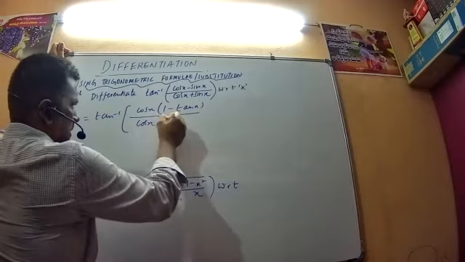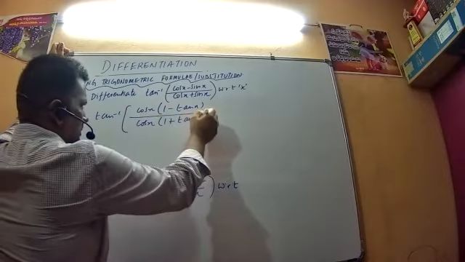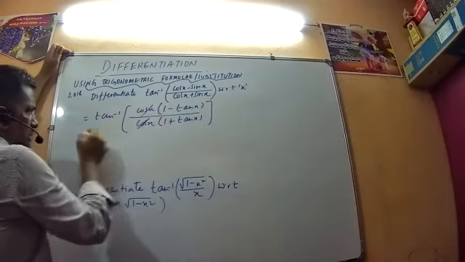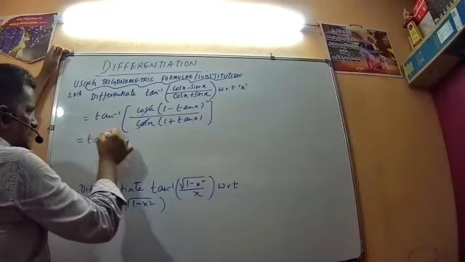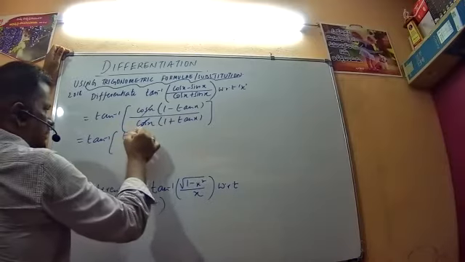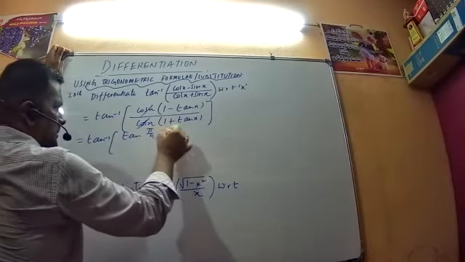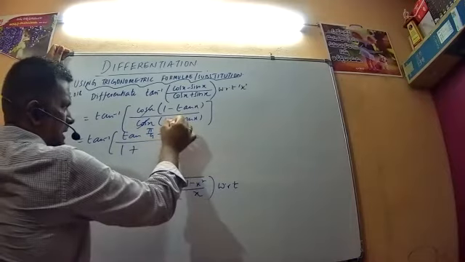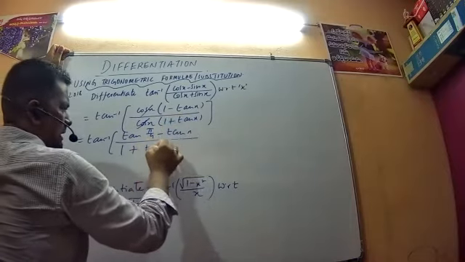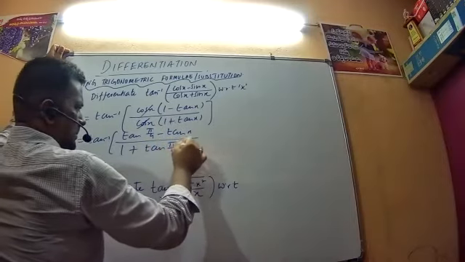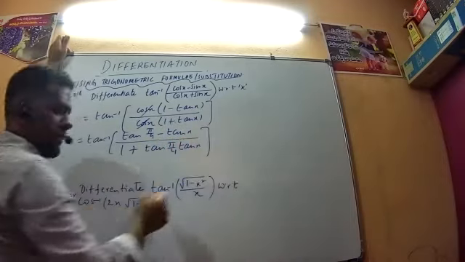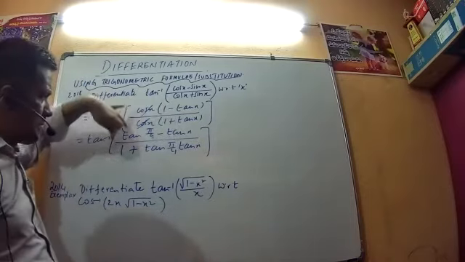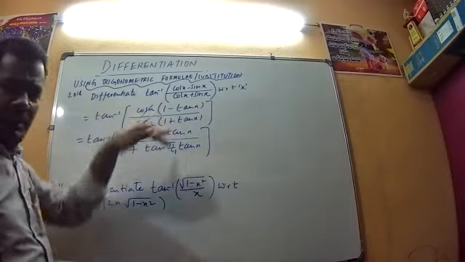You are going to get in the numerator 1 minus tan x, denominator is 1 plus tan x. Now, this 1 can be further written as tan pi by 4. Tan pi by 4 minus tan x by 1 plus, we assume that this is 1 into tan x. Again, that 1 can be further written as tan pi by 4 into tan x. Our concept is very simple. Outside, tan inverse is there, so the inside term should be converted in terms of tan.